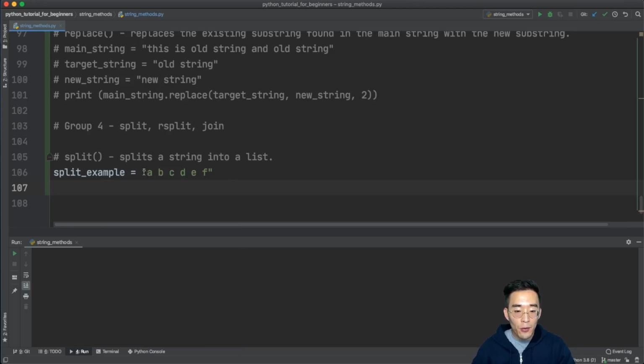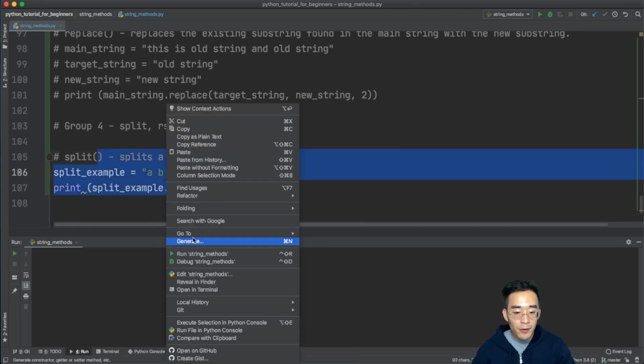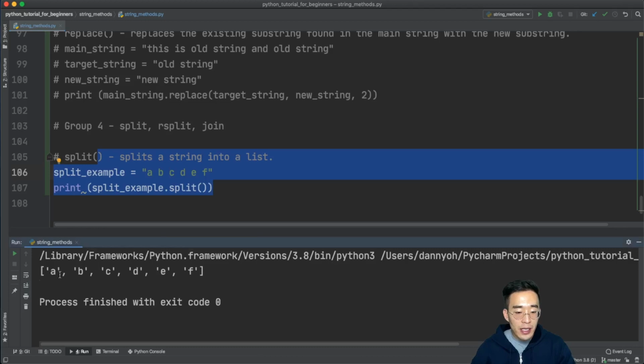And so now what we have here is 6 characters separated by the space. So if you want to split this into 6 different elements in a list, what we can do is print split_example.split(). And if you run this, you will see 6 different elements separated by the space. So right now we actually use the space as the delimiter because split by default uses the space as